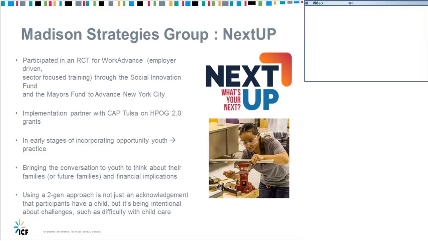So they are taking practices that they know work and framing it in a way that resonates with 18 to 24-year-olds, some of whom have kids and some who do not. So they're using those fundamentals of Work Advance, but they're also integrating in soft and life skill training into the model. So these are things even as basic as setting a table, how to order off a menu, basic etiquette, understanding a bank statement, how to leave a proper voicemail on a cell phone, building a resume, how to interview.